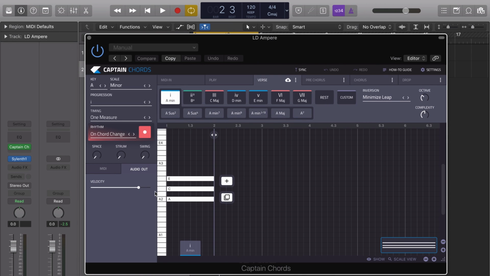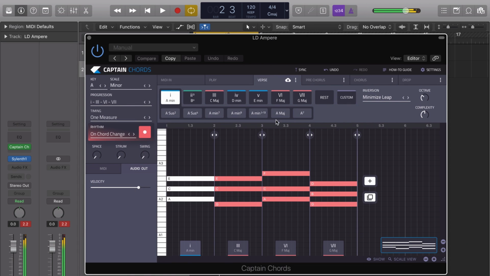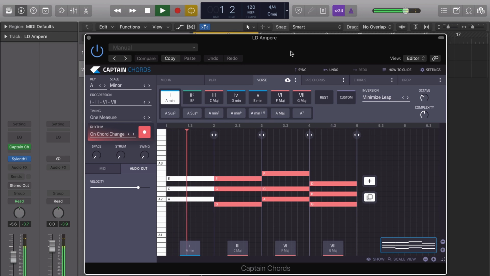It's not the same as the instrument version. It's slightly different. So then if we then create a chord progression, so what you have there is Captain Chords triggering Silent 1.